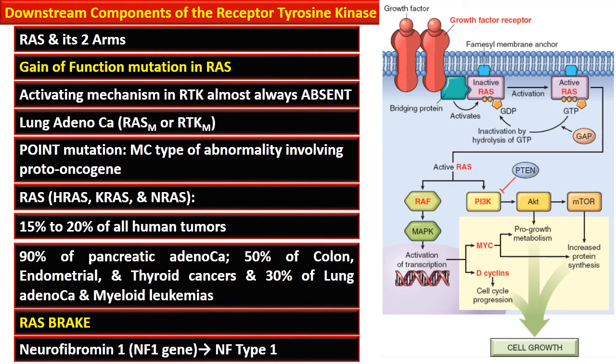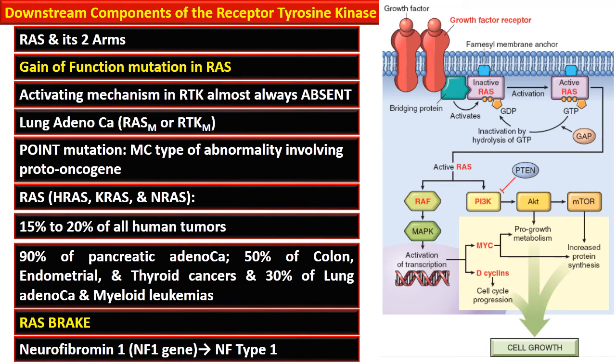This GAP protein is encoded by the neurofibromin gene, NF1 gene, and this loss of function will result in the persistent activation of the RAS signaling pathway,